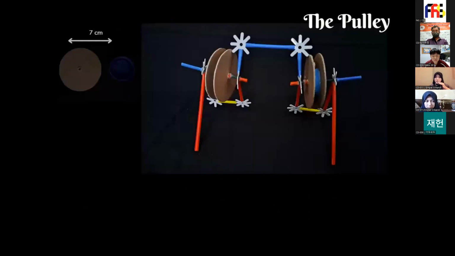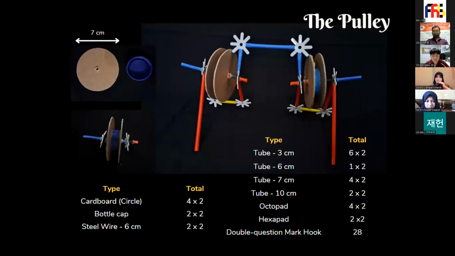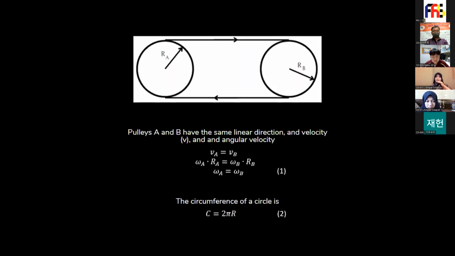This is the pulley used to make the clown go back and forth. The pulley uses various body frames and materials like cardboard, bottle caps, and wires. Using some mathematical analysis, this pulley has a belt system that binds pulley A and B to have the same direction, linear velocity, and angular velocity. In addition, the maximum distance the clown can travel in one round can be determined through the circle circumference formula. The pull length that can be reached is